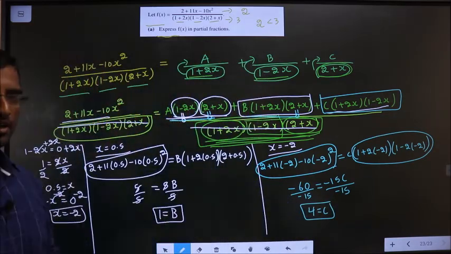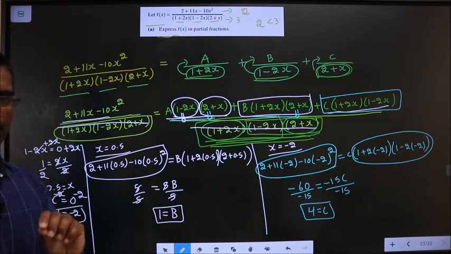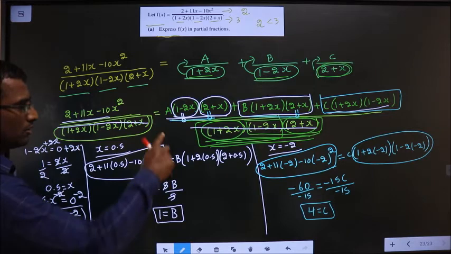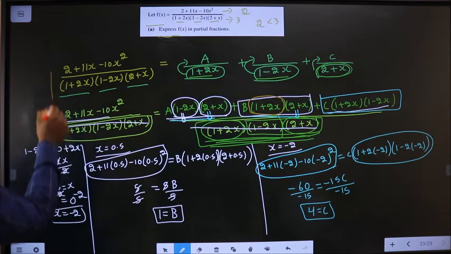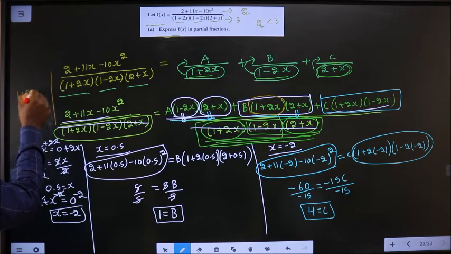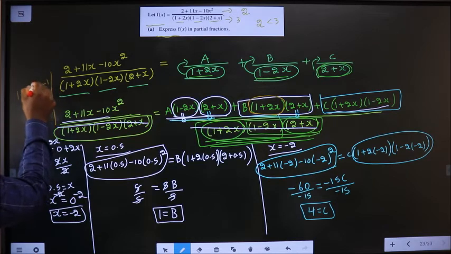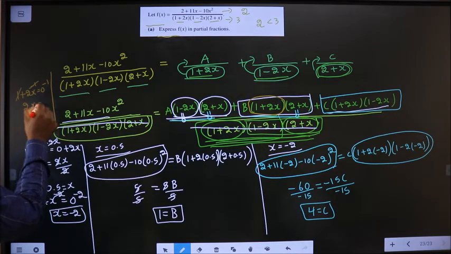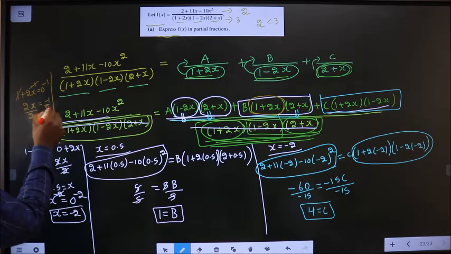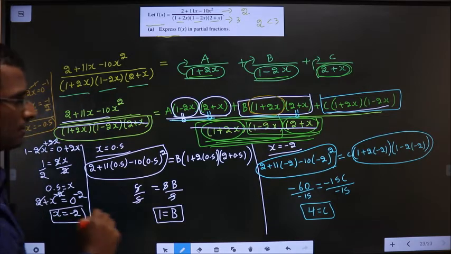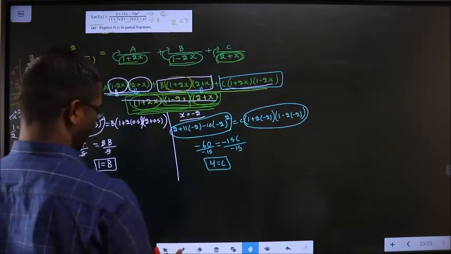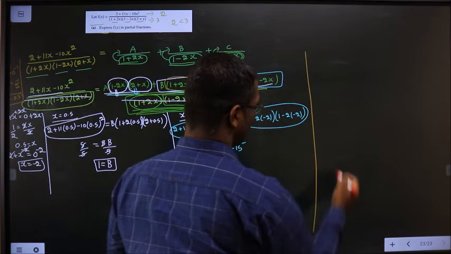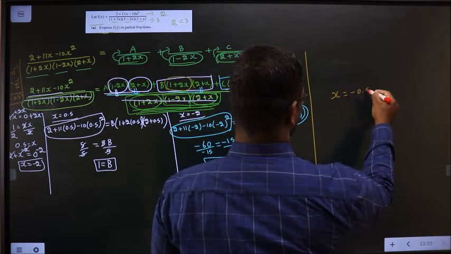Okay. Now to get another value for x, I will make another bracket 0. So these two are done. Now I will try to make this 0. So what do I get? 1 plus 2x equal to 0. Take minus 1 on both sides. So 2x equal to minus 1. Now divide by 2. So x should be minus 0.5 now. Okay. So where do I write? See here. So now x equal to minus 0.5.